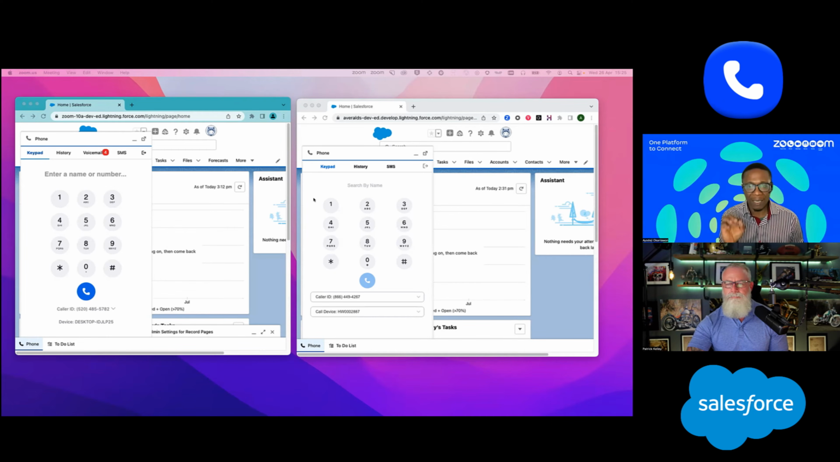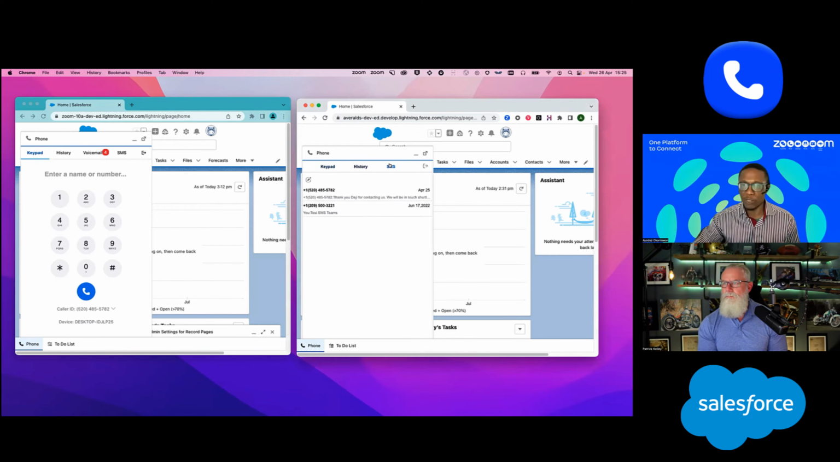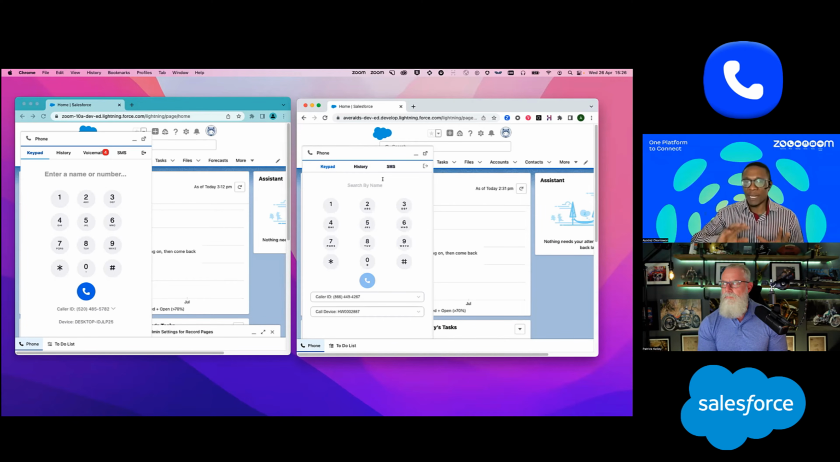Now, coming on to the key aspect of the UI, with the one on the right, what we had with the tabs was a keypad, your history, and then your SMS tab. This is where context switching really comes into play, because with a new release, what we've done is